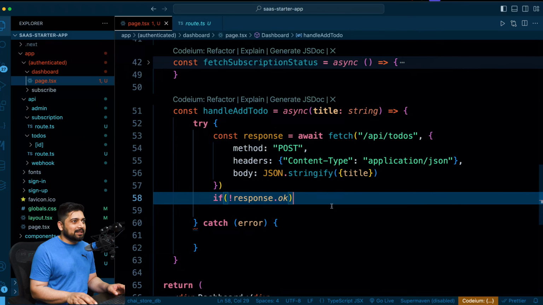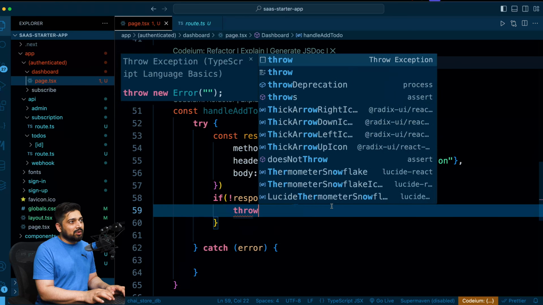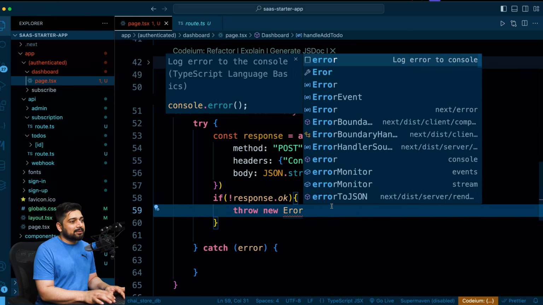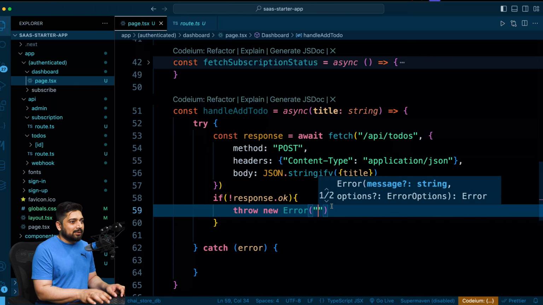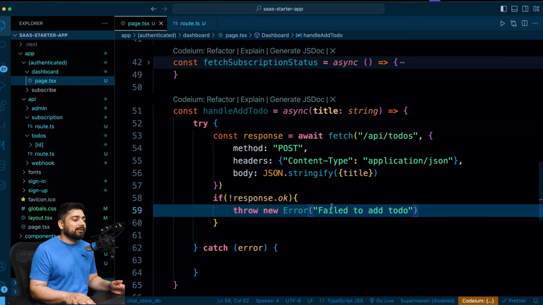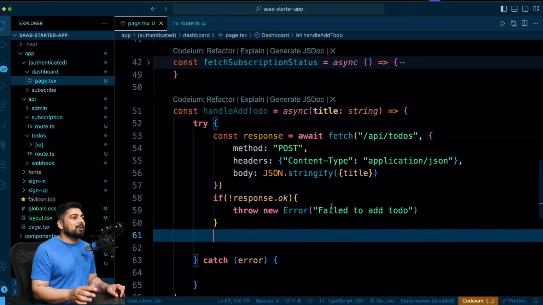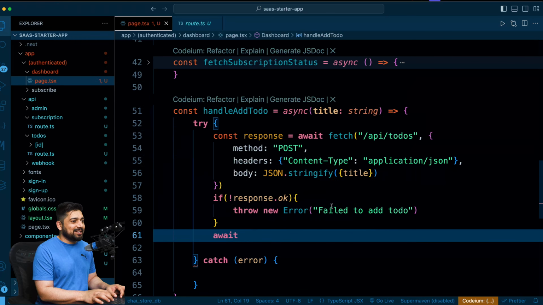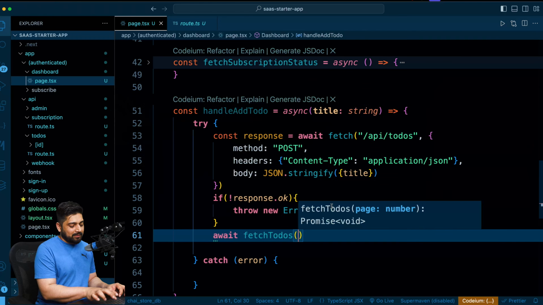response.ok, I usually prefer this kind of a code approach. If it is not, then we go ahead and say throw new error. There we go. And we're going to say failed to add todo, whatever you are doing. And after that, what we can do is maybe refetch the value. So we can just go ahead and use our method again, fetchTodos, and we can pass on the